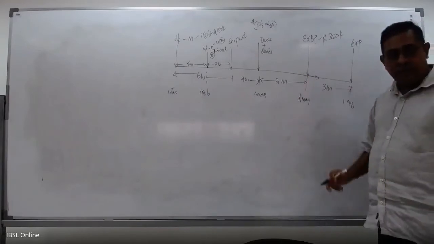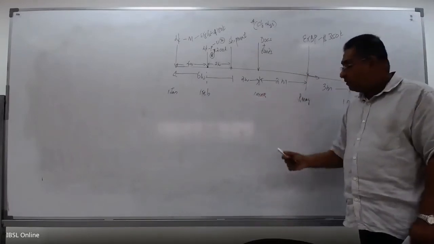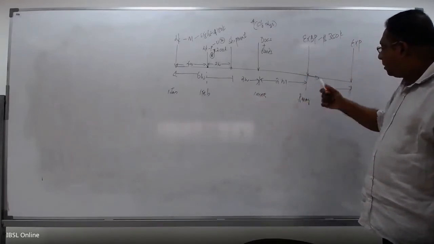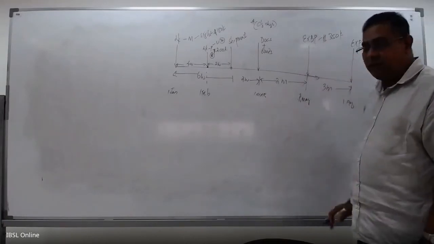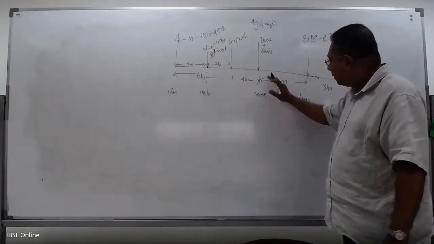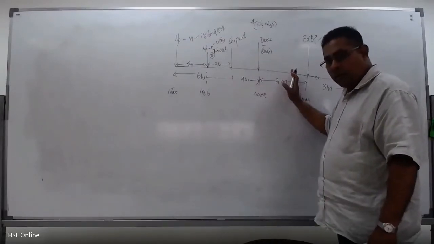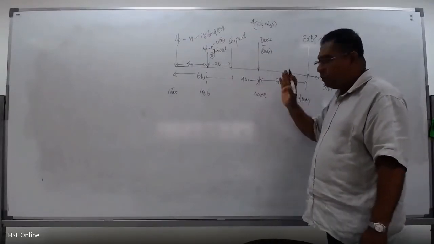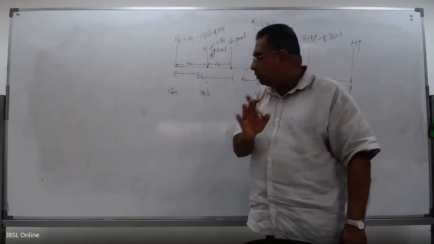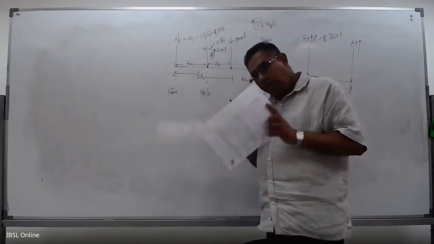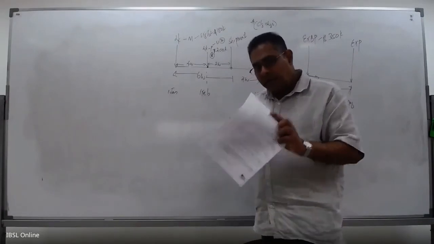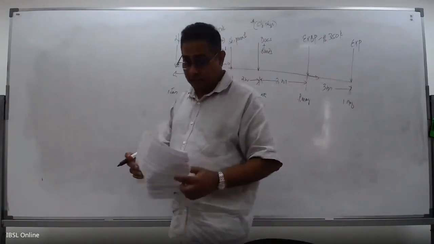Then the next is easy. 2 months from March will be May. 3 months from May will be August. 3 months is the tenor of the export bill. 2 months is the time taken to manufacture and export them. So the only thing that I think bothers you is this part, right? And see, now you are very clear on that, and I need a quick yes so that I could proceed with it.